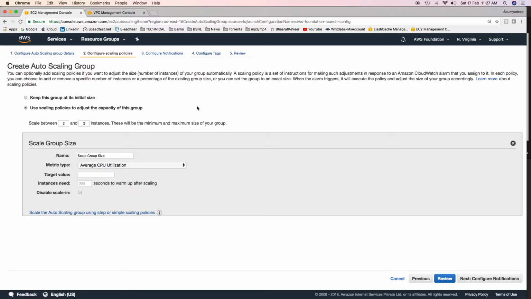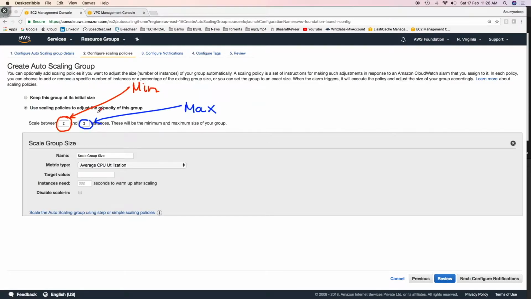That means basically it will ask you to create a policy based on which you want to scale out or scale in. The moment you select, it says scale between this many number of instances and this many number of instances. This is the minimum number of EC2 instances and this is the maximum number of EC2 instances in your autoscaling group. That means this autoscaling group will never run fewer instances than this, and no matter what happens, your number of instances will never go above this one.